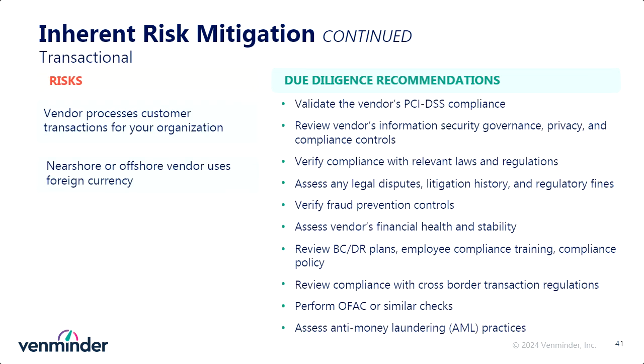And the final type of inherent risk to mitigate is transactional risk. The two examples here are a vendor that processes customer transactions or a vendor that uses foreign currency. For due diligence, you'd want to validate the vendor's PCI-DSS compliance and verify that the vendor has fraud prevention controls